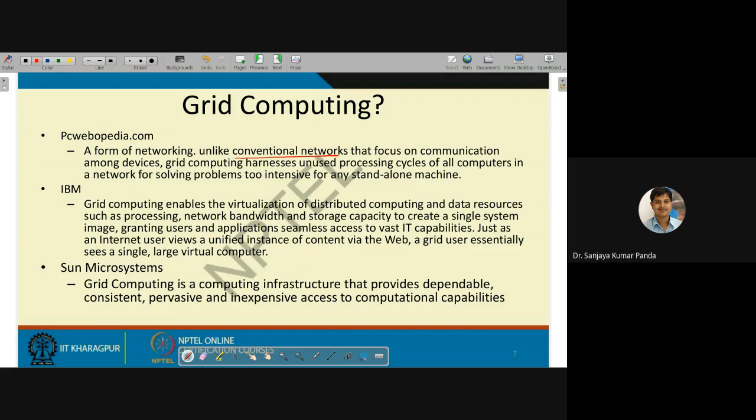So here we have communication among devices, and grid computing harnesses unused processing cycles of all computers in a network for solving problems too intensive for any standalone machine. So what you can get from this particular definition is that, for example, if I ask you, let us consider